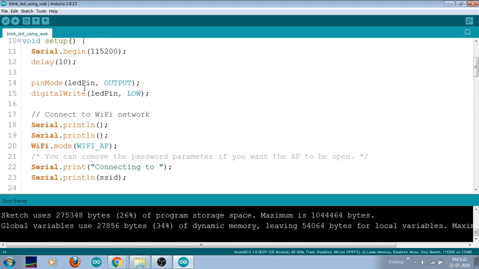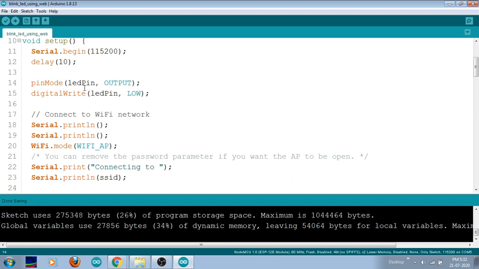For that I'm using a while function. Within that while loop I'm mentioning WiFi.status. This is one particular function. If Wi-Fi is perfectly connected, I may get a true command here. Suppose Wi-Fi is not connected by my NodeMCU device, then automatically the not connected command line will be established, right? So I'm verifying whether it is connected or not.